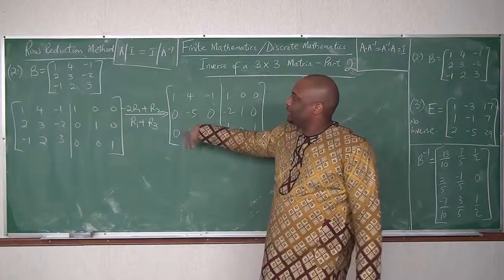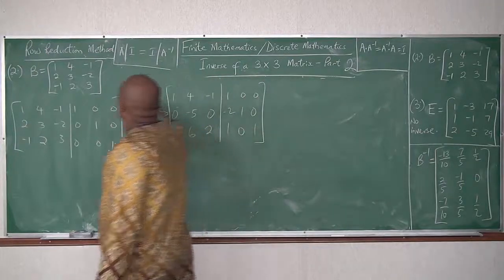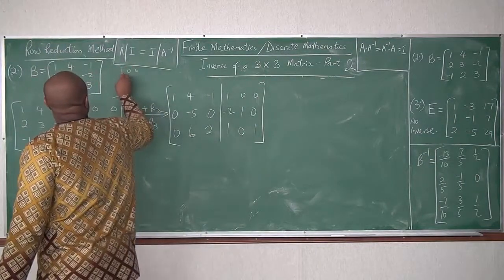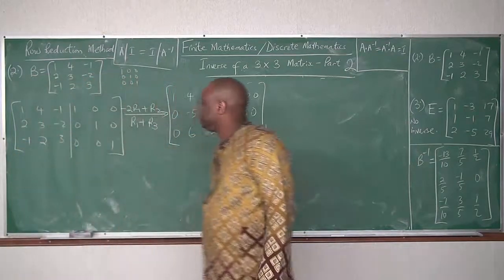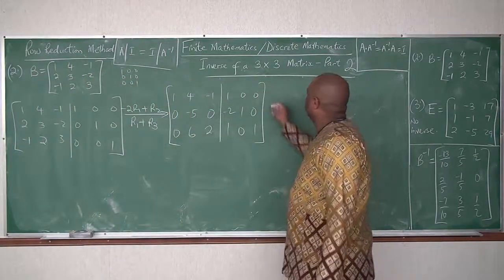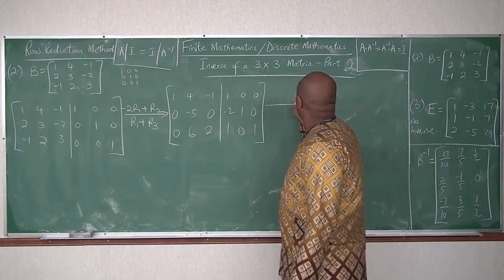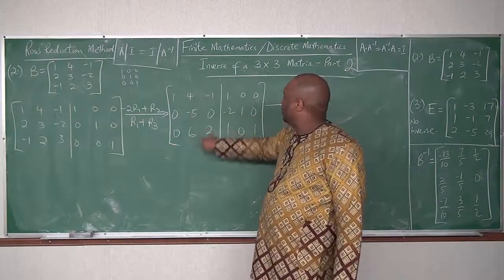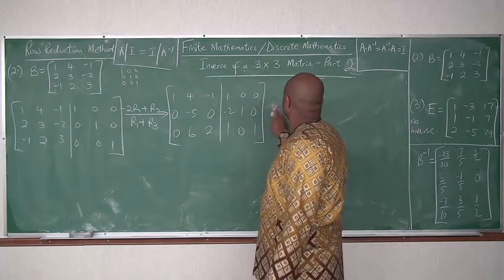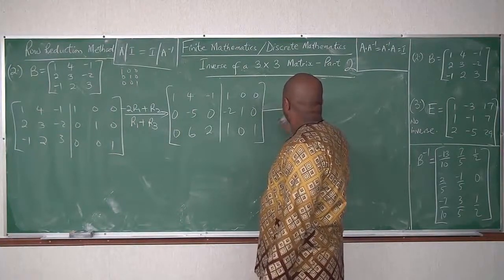Right? We've got this. Remember, we want to put it as the identity matrix: 1, 0, 0, 0, 1, 0, 0, 0, 1, by row. So for the next operation, we have to make this 0 and 0. So we have